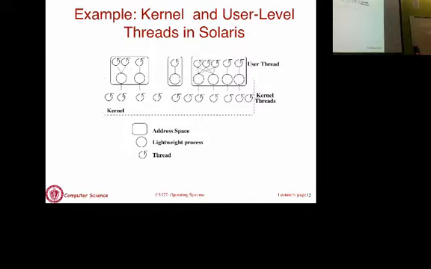Here's the other scenario where you have 1:1 mapping. There's one user level thread that's mapped onto this kernel level thread. Whenever the CPU scheduler picks this thread to run, that user level thread within that application will run. There is no other additional decision to be made. That's a straightforward 1:1 mapping. But you can decide as an application programmer whether you should dedicate an entire kernel level thread for your user level thread, or whether you should have multiple user level threads or application threads mapped onto one kernel level thread.